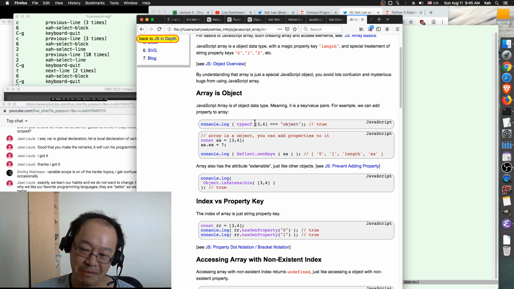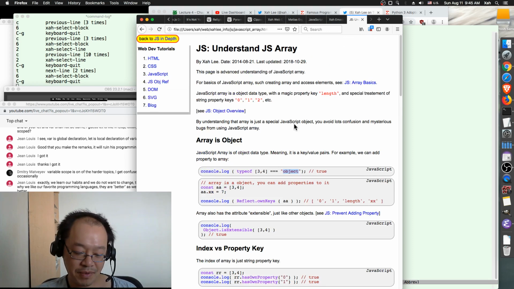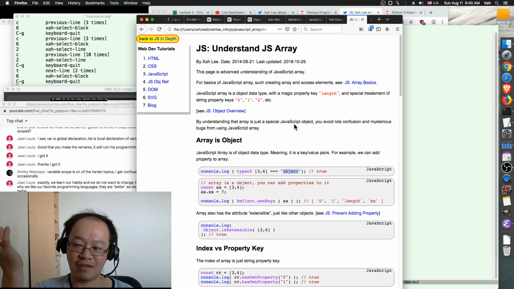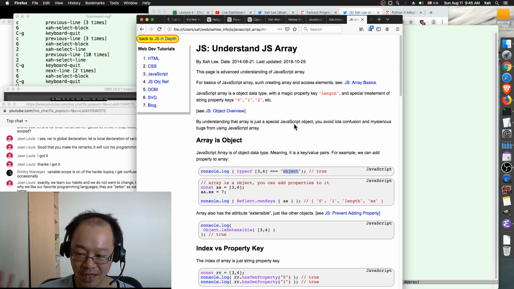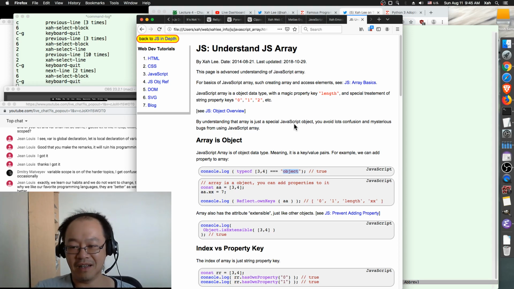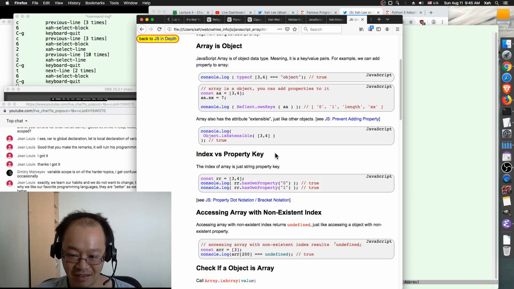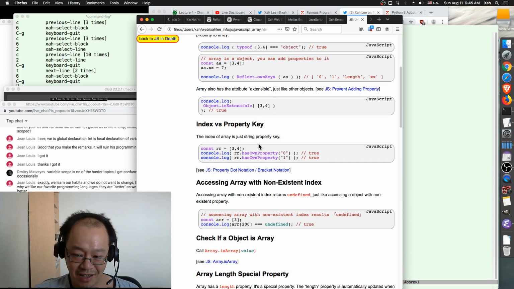You say typeof, it returns object. So anyway, that's the situation with JavaScript arrays. And imagine, an array is one of the most fundamental data types in any programming language. But in JavaScript, you have this situation, and that's not all, there are lots of problems